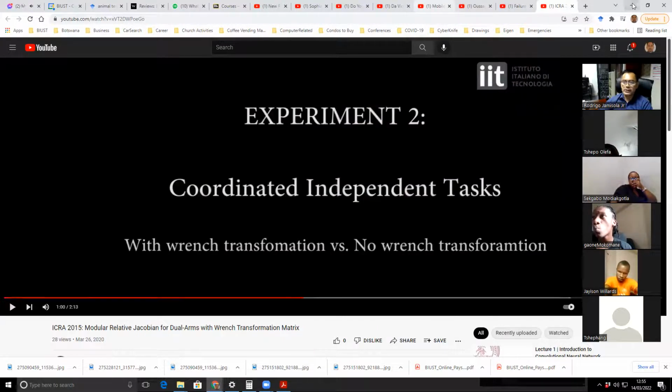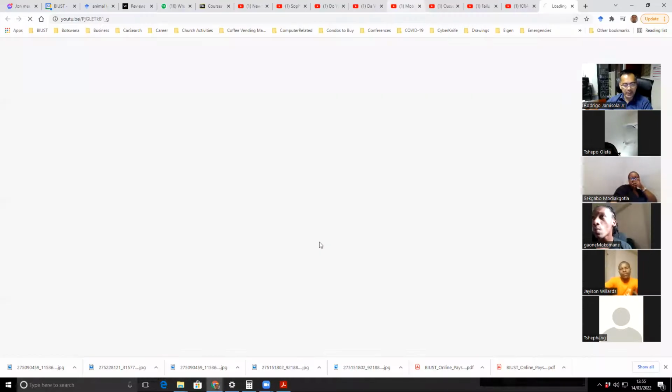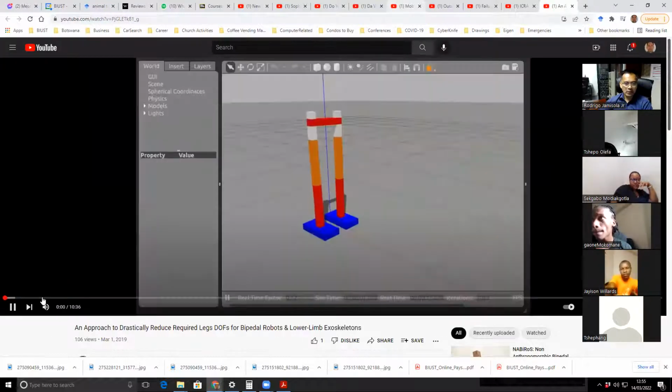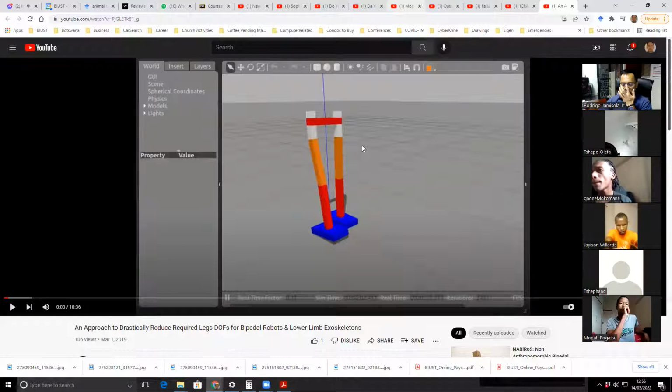Okay, so that's one, and the other one is using the same equation but on a bipedal robot. This is not done before. That's why I'm saying that if Boston Dynamics will use my equation on a bipedal robot like this, then their humanoid robot can do more things. It can be more agile because it releases the constraint in terms of the joints that you can use